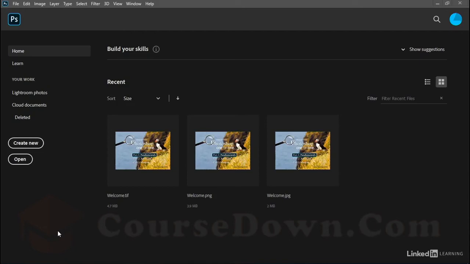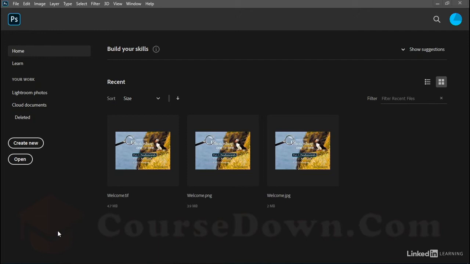All right, now we're going to talk about the open command. And in case that's invoking a groan on your part, you're sitting there thinking, come on, Deke, how hard can the open command be? You choose a command, you navigate to a folder, and you select a file. Well, that's the way it normally works, but in Photoshop, it's quite tricky, thanks to the fact that we have